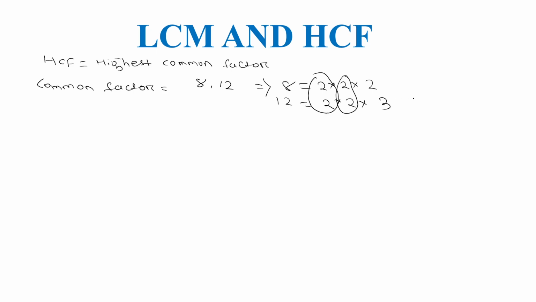Also 4. These are the two common factors we can say. And another is 1. 1 will also be a common factor. Got it, everyone? So now these are the common factors, and we need to choose the highest